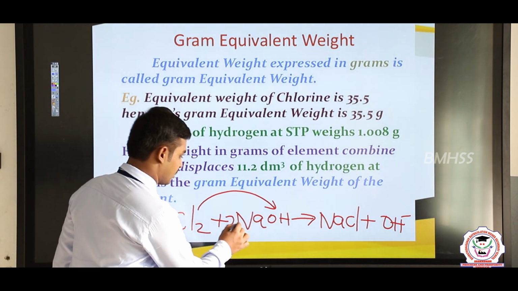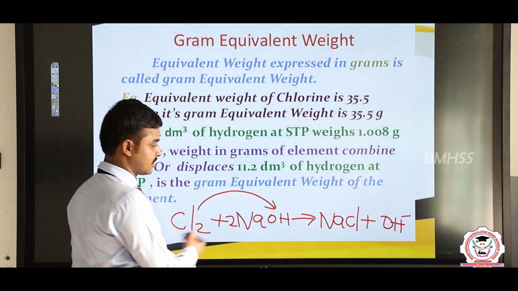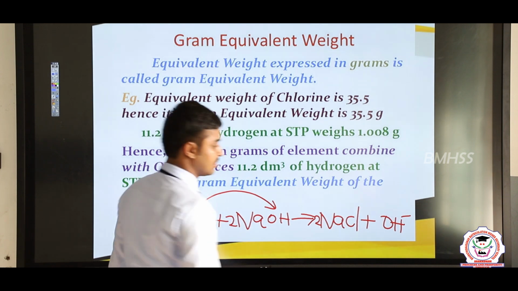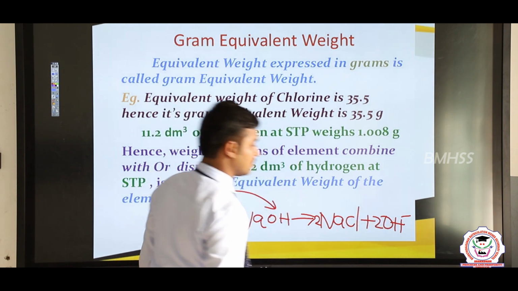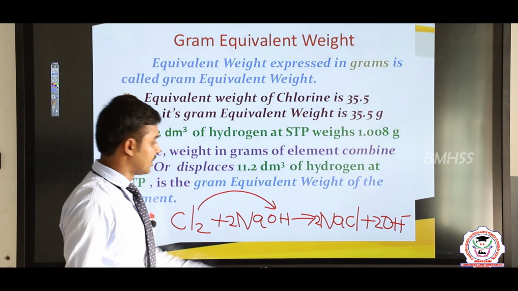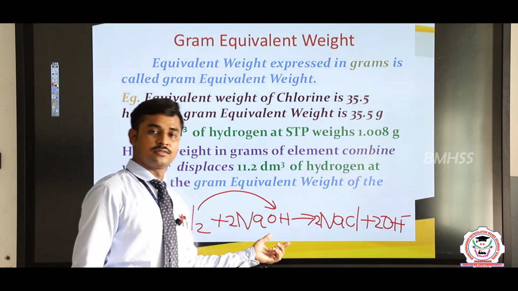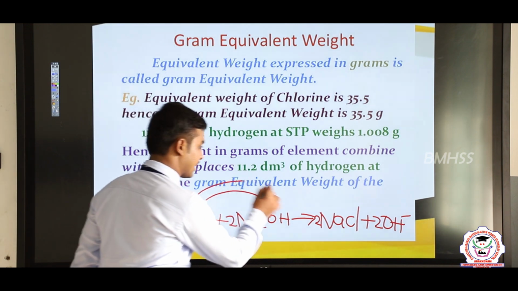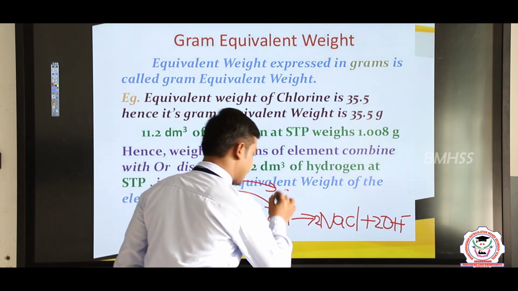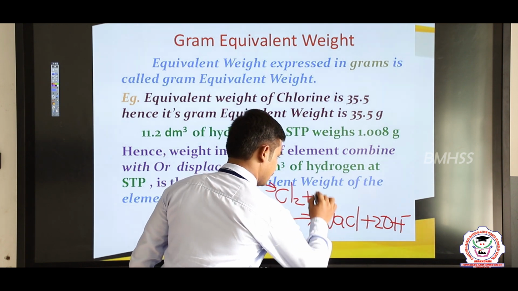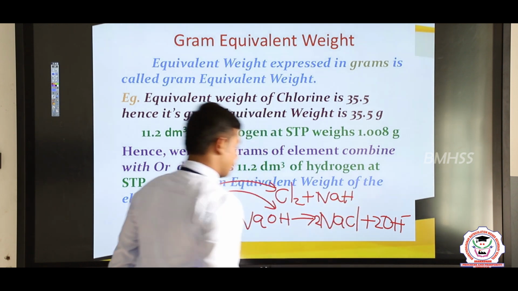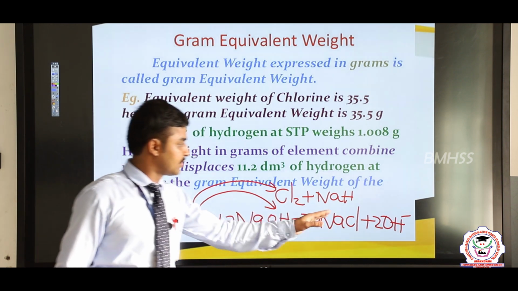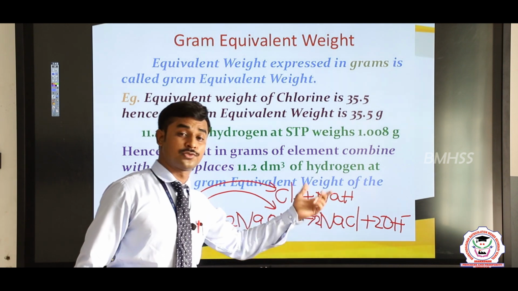So 2 moles of NaOH react with 1 mole of chlorine gas and form 2 moles of NaCl and eliminate 2 hydroxide ions, in which the hydroxide ions are removed by the chlorine. As well, chlorine can displace the hydrogen also, in sodium hydride. The formation of sodium chloride is a regular reaction, you already know that. Now I show you the formation of the same sodium chloride from sodium hydride.